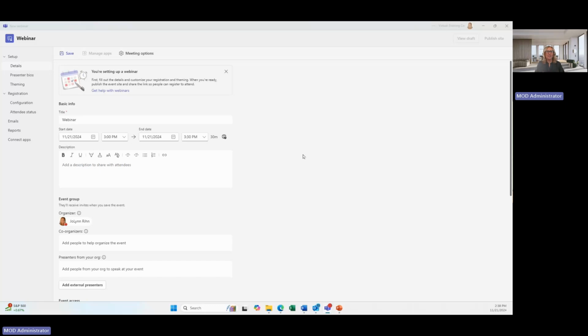So if you're going to be doing a year-end meeting with all of your employees, this way you could have different meetings for different people, all depending on what you need. But let me kind of walk you through this. And I'm actually going to call this in the title. So I'm going to start at the top and kind of work my way down. I'm going to call it year-end meeting